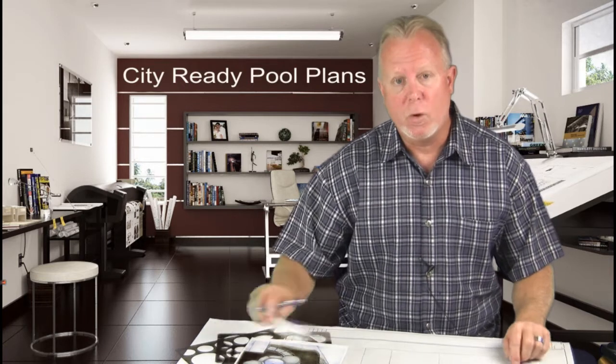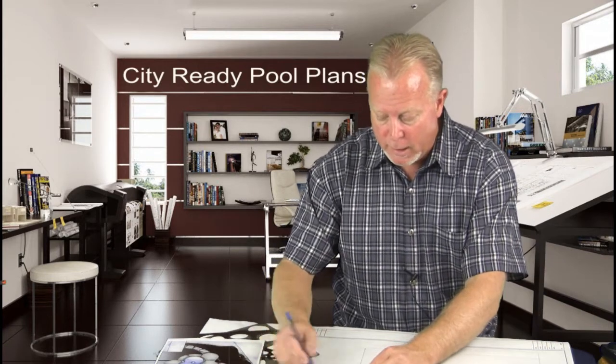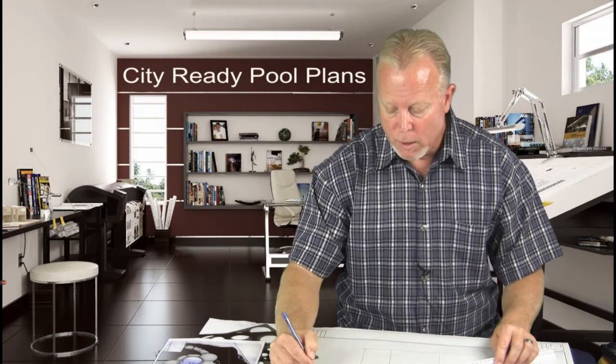Okay, so if you were to have had a report from your city that you picked up and it said that you had a 10-foot easement to the back of the property line or to the side, let's go ahead and say, for the sake of this outline and this drawing, that your city has required you to have a 15-foot setback from this side here, and we're going to call this the north side. We'll just go ahead and put our indicator now, which the plan's going to require. So we'll just say that this is the north property line, and they've given you an indication of a 15-foot